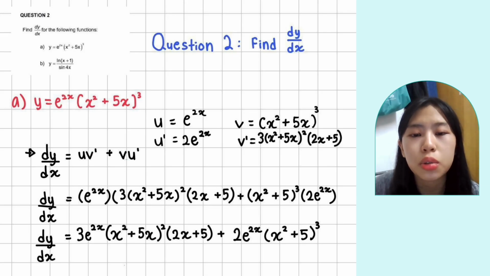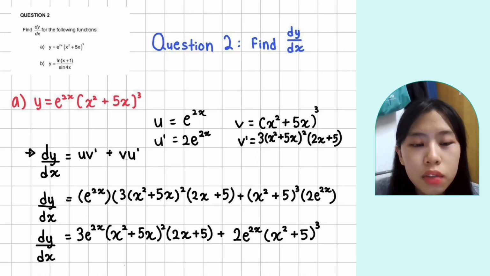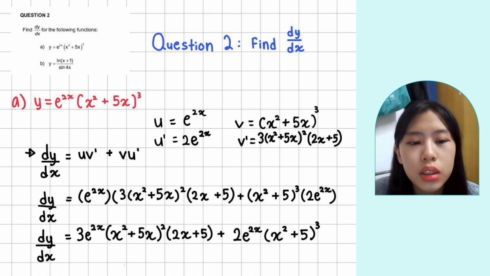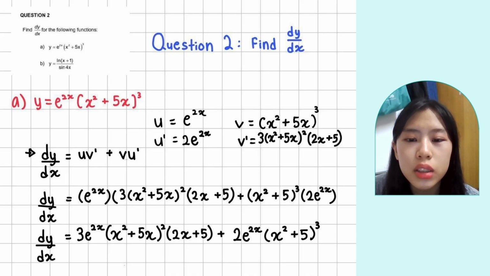For question 2, we must find the dy/dx of the following functions a and b. For function a, it is the product y = e^(2x)(x² + 5x)³. Firstly, we must identify the components. u = e^(2x) and v is the function (x² + 5x)³. Since y = u times v, we'll use the product rule to find dy/dx,